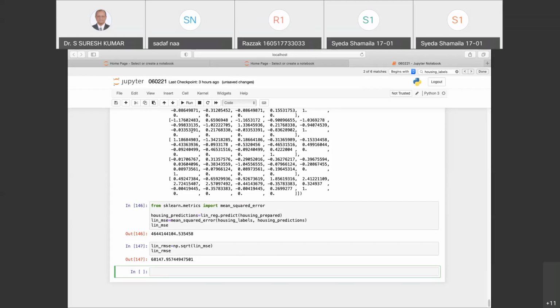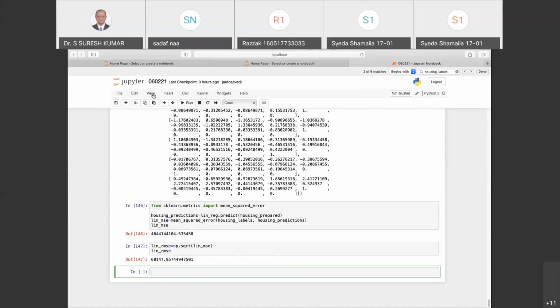When this happens, it can mean that the features do not provide enough information to make good predictions, or that our model is not powerful enough. So we will not use this linear regression model. We will use a decision tree model and calculate the same thing using it, because I want wonderful accuracy.